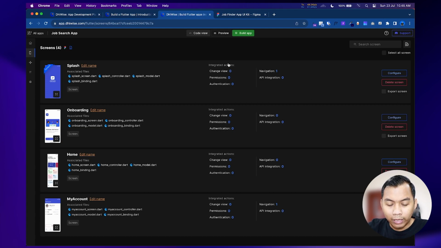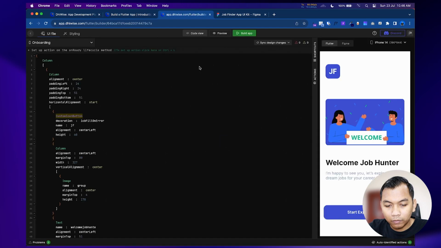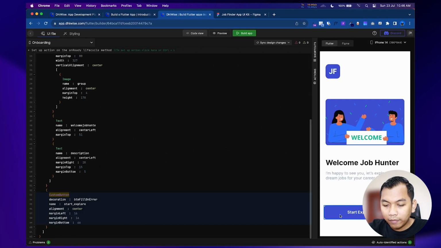And here we can see integrated actions like navigation. Here we also have navigation. So in the onboarding screen, we can configure. Here we can press on Flutter and it will go to this component, which is a custom button.